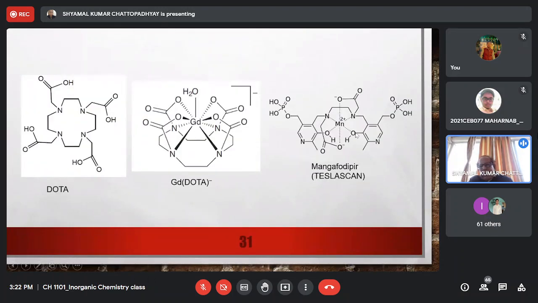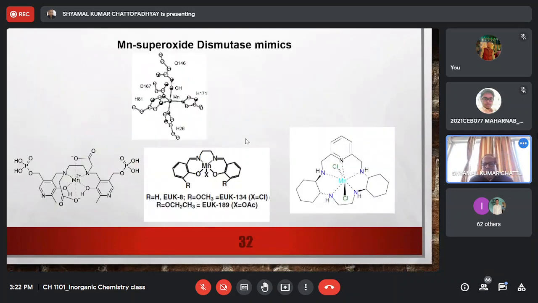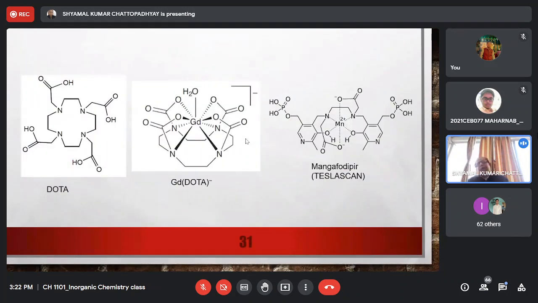And there is a certain manganese complex which was also used for imaging purposes. It is called mangafodipir, or the commercial name is Teslascan. Again, a manganese complex was used, but this has been withdrawn for the last 5 years, and now almost solely these gadolinium complexes are being used for MRI imaging purposes. So I end my discussion here. Next class we shall consider metal complexes as